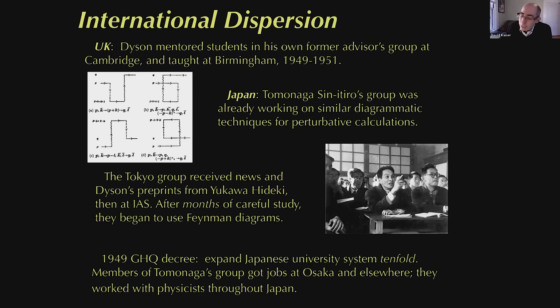How do you spread it throughout the rest of Japan? Again, a remarkable coincidence. Under US occupation, the general headquarters, which is what the occupying force was called, issued a decree right at this time to try to weaken the hold of the so-called imperial university system throughout Japan. So the US ally occupying authorities, by fiat, said that every prefect, roughly speaking every state within Japan, will have at least one new university.